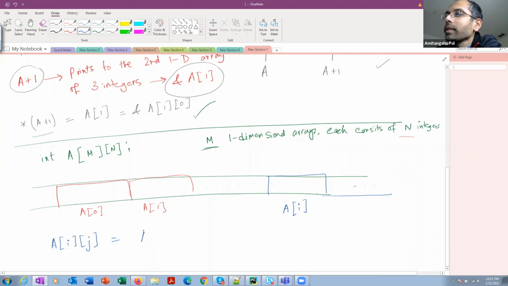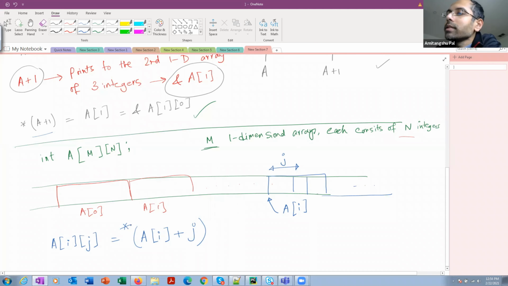So A of I will point to the first element of the ith one dimensional array, right? And from here I need to go to j integer location to get the jth element. So I need to go to jth integer location, and then fetch the value from that location.